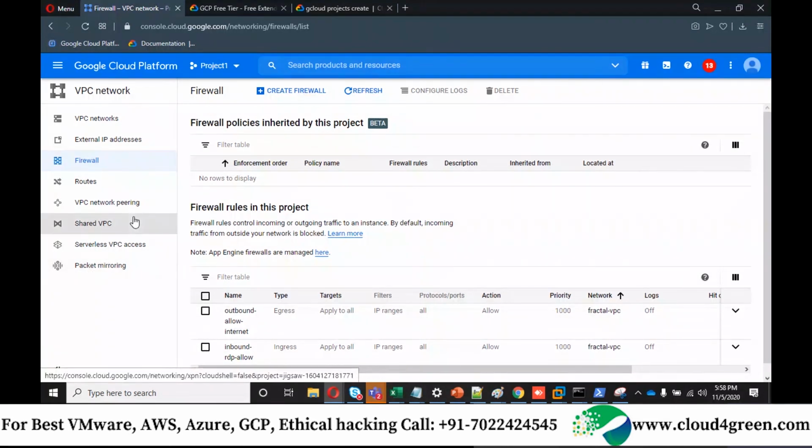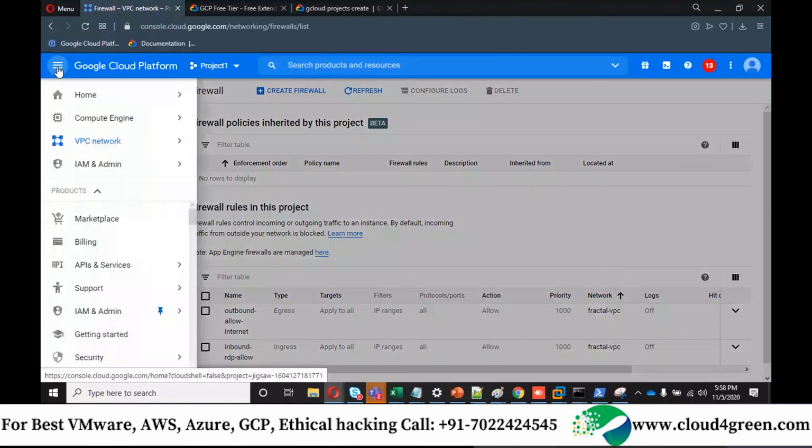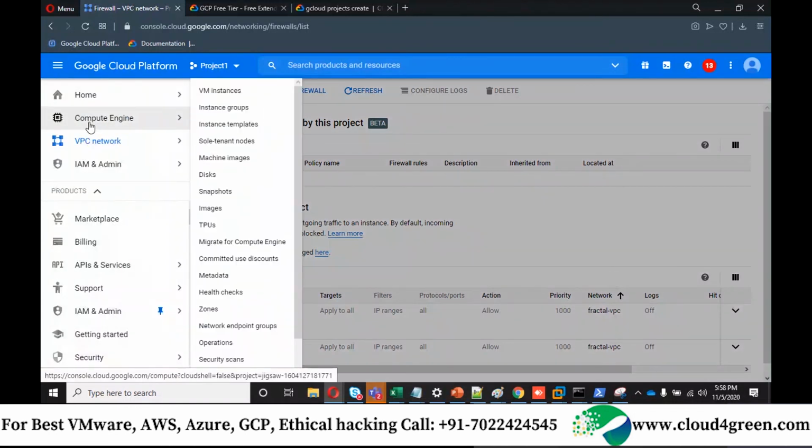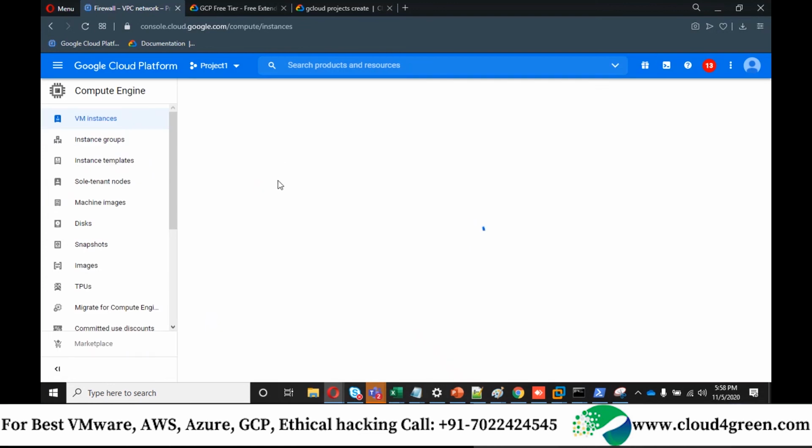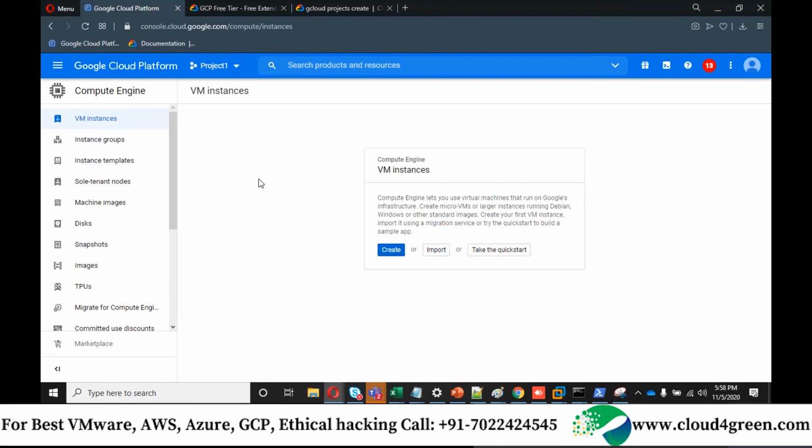Okay. Now look into my screen, all of you. Now you are going to navigate to Compute Engine VM instances. Pay attention, everyone. I'm not going into detail about each section here.